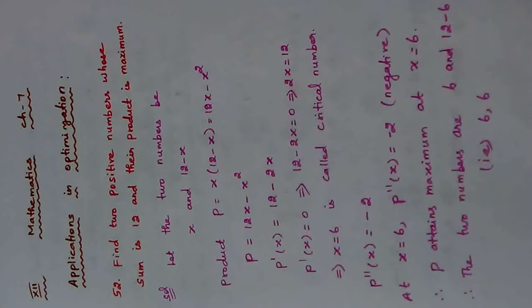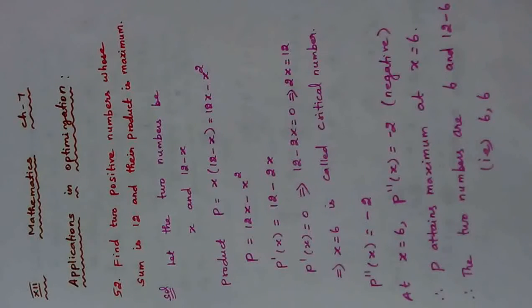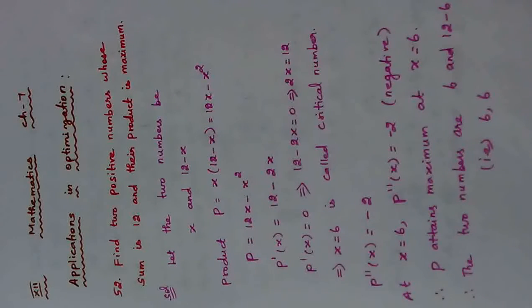And after finding intervals of monotonicity, we learned the concept of finding local extrema, which is nothing but local maximum and local minimum. Using the monotonicity table itself, we find local maximum and local minimum. If you remember, when f dash of x changes from positive to negative, it is local maximum. When f dash of x changes from negative to positive, it is called local minimum, right? Accordingly, we find the local maximum and minimum value.